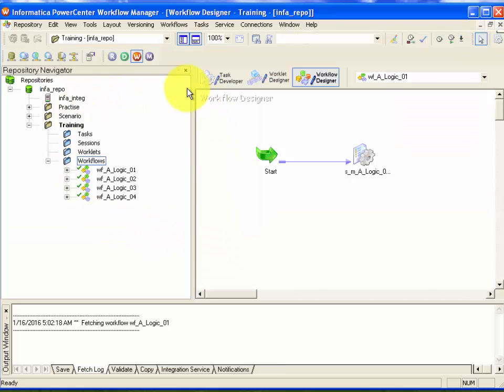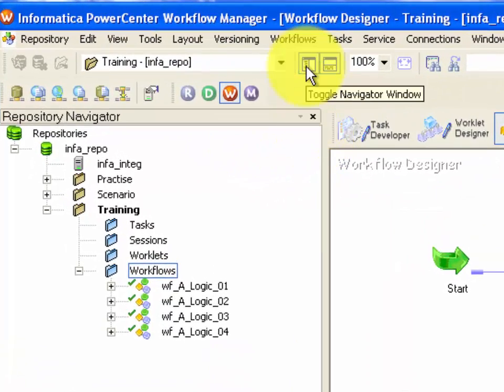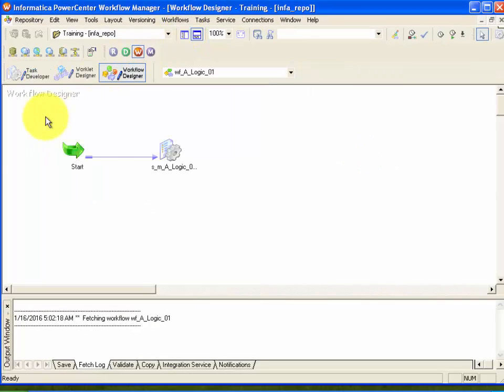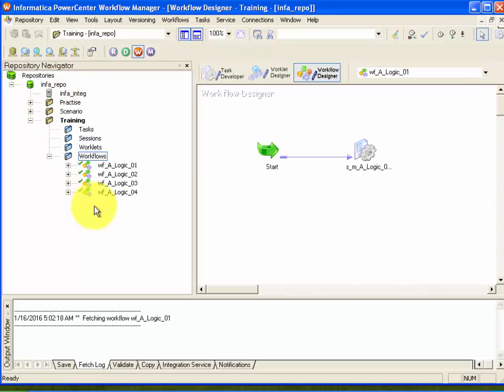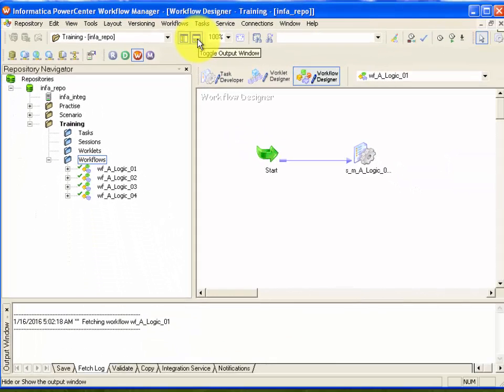You can toggle the navigator window. Toggle means switch on and off. This is the toggle icon. Click this toggle icon. See, navigator is vanished. Again click the toggle icon. Navigator window is available. Same way, click the toggle icon for output window.